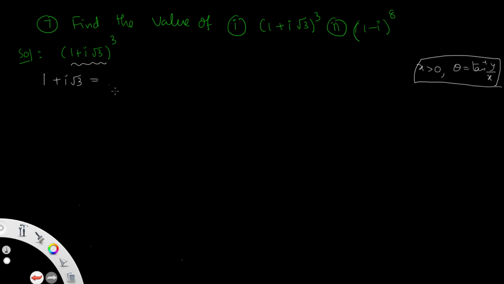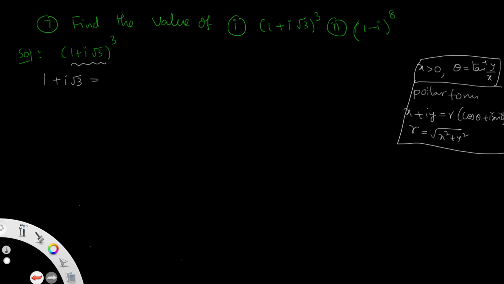So now we are arranging into polar form, that is modulus amplitude form. If z is the complex number, r is the modulus, theta is the argument, then x plus iy can be written in the form r into (cos theta plus i sin theta). Where theta is the argument, if x is positive, theta equals tan inverse of y by x, and r is nothing but the modulus, root over x square plus y square. So these are the formulas for finding the polar form of any given complex number.